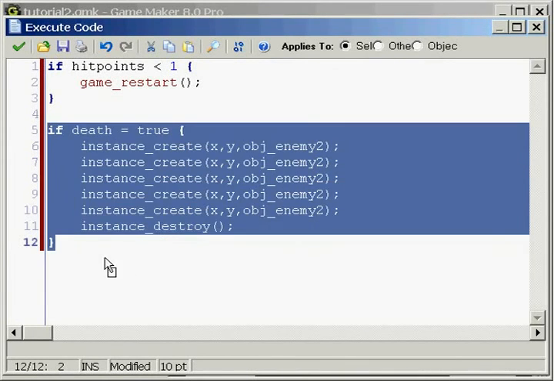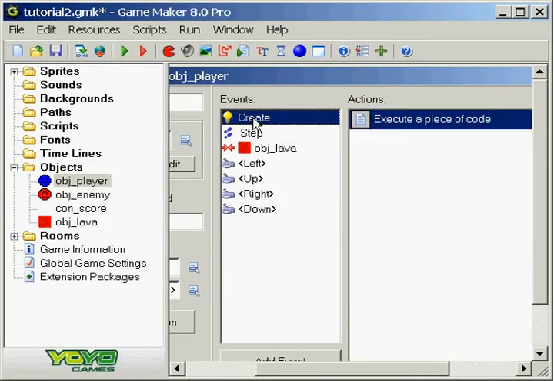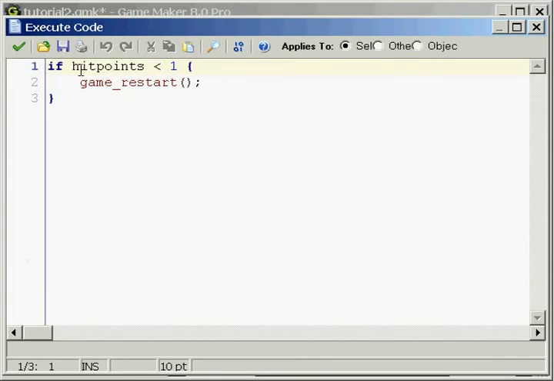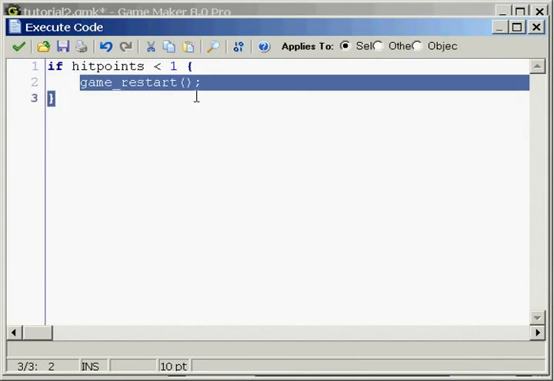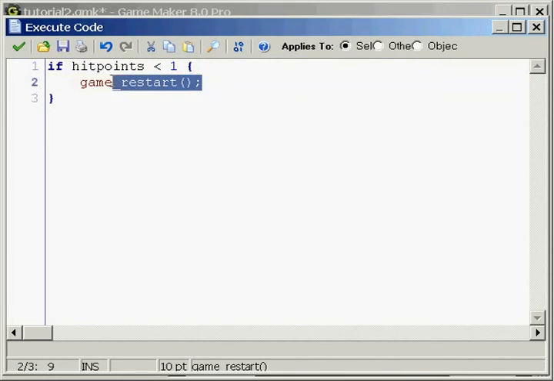So you'll be using them a lot, so it's best to get familiar with them right now. It's kind of like the events and actions: if this event happens, do this action. If this happens, do this. And the hit points less than 1, what we have right here, is called an expression. And everything in these brackets is called a statement. So if this expression happens, then do this statement. And we end every statement in a semicolon, because that's what good programmers do. You don't technically need the semicolon, but if you're cool and awesome like me, you will end it in